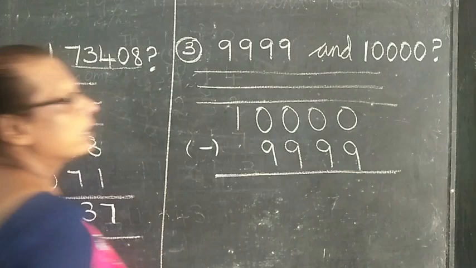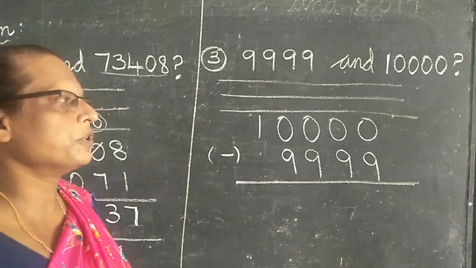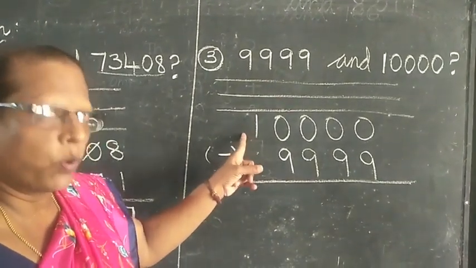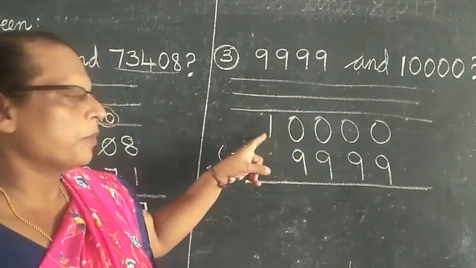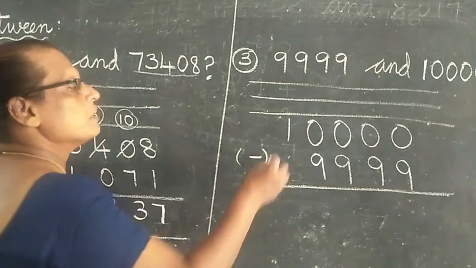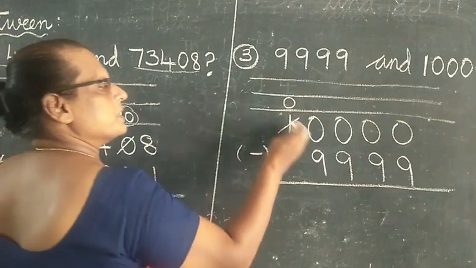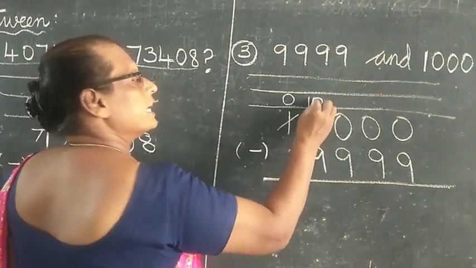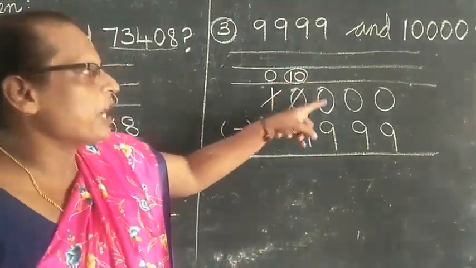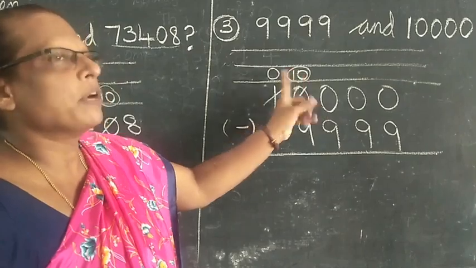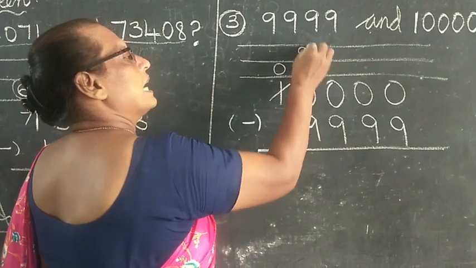Now how can we subtract, children? All zeros are here, isn't it? So what you have to do? You have to borrow from this 1 only. You can't borrow from this 0. First this 1 will become 0. If this 1 becomes 0, this 0 will become 10. And now from this 10 you have to give 1 to this 0. So this 10 will become 9 and now